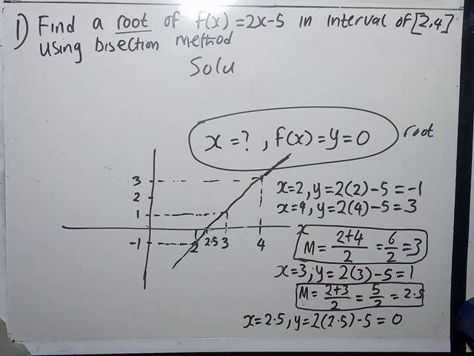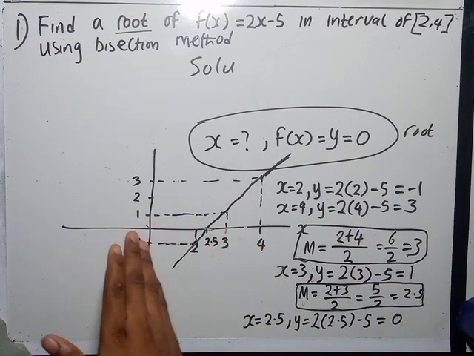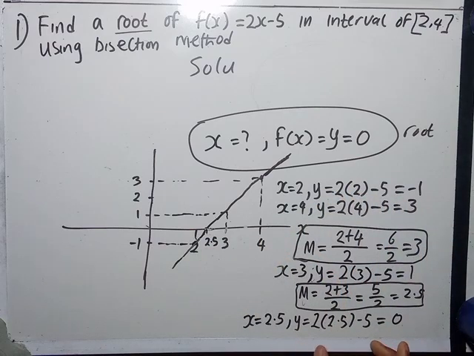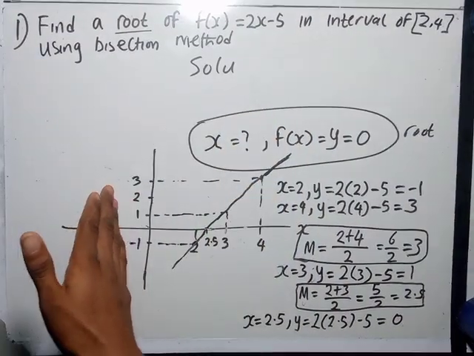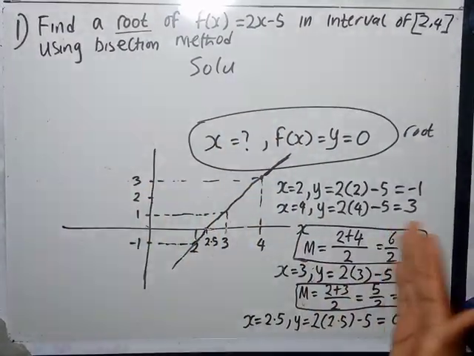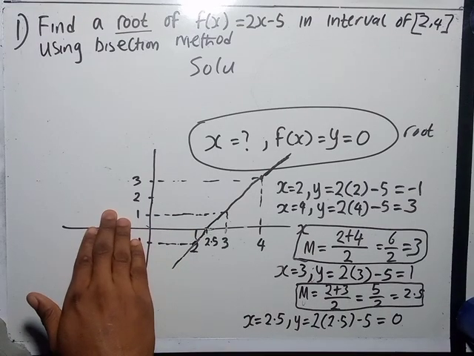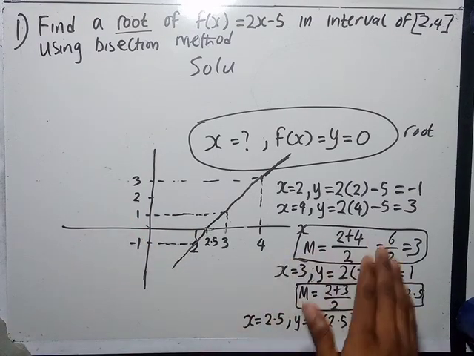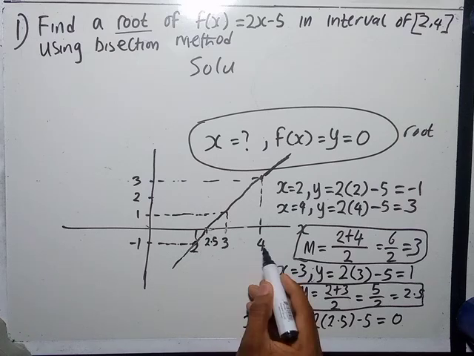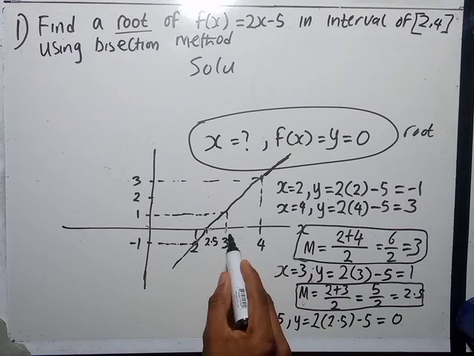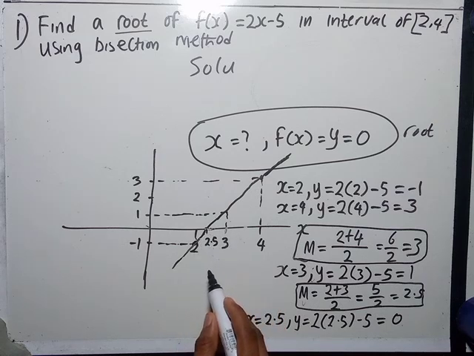But how to definitely get the accurate answer for your y values is by simply inputting your given x values into this to get your y axis. As you can see, once we solved and got the value, we transfer it here. We keep on dividing. We divided in between 2 and 4, we got 3. Divided in between 2 and 3, and we got 2.5. And from our solving, it tells us that 2.5 is the value of